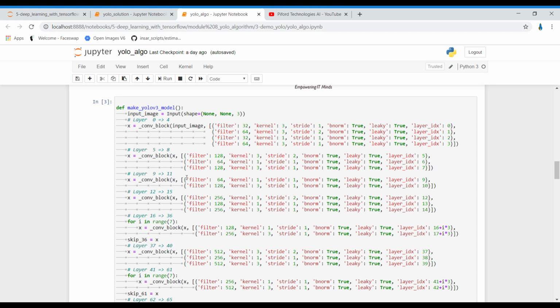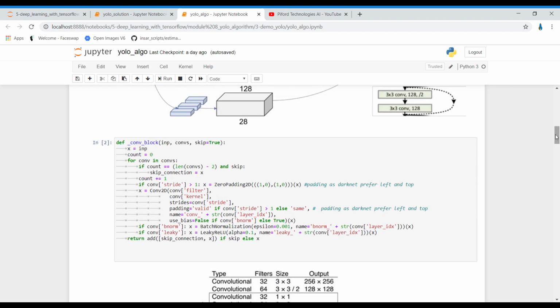Let's see the first block of our code. First of all, in the x variable, what I'm calling is con block. If you remember the con block, which I've just explained, the convolutional block, is acting as a residual block.